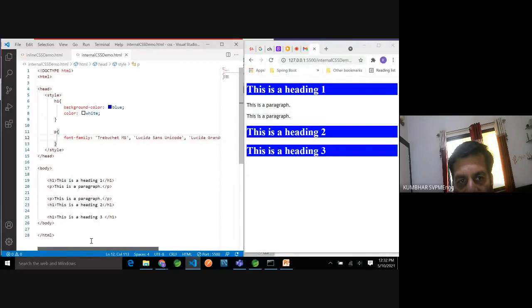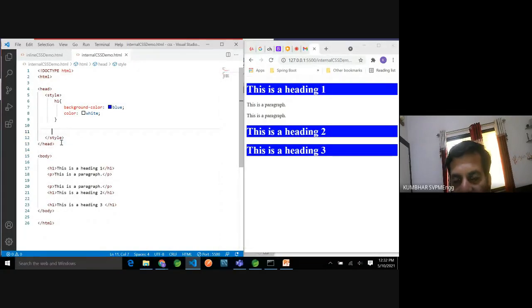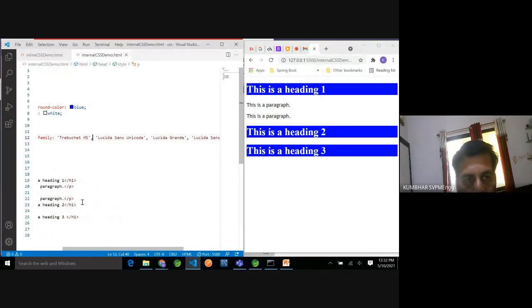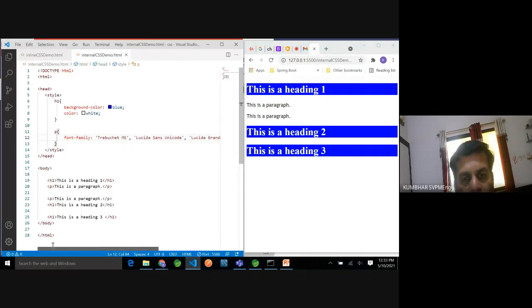So do you observe the change in the content of the paragraph? Let me delete this. See how the contents are defined. This is a paragraph, these 2 lines in the normal way. When I am applying this, it is showing it. Now you may ask why so many fonts, because we have defined font family, meaning the name of the font, but 1, 2, 3, 4, 5, 6 fonts. So what is the use of it?